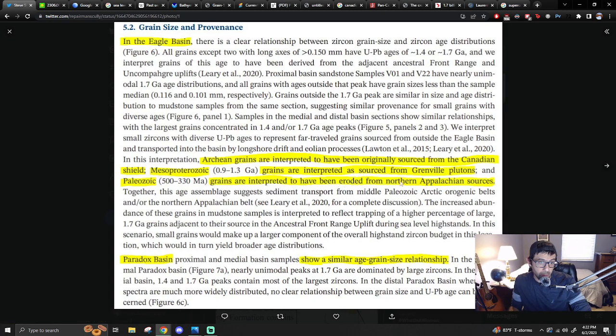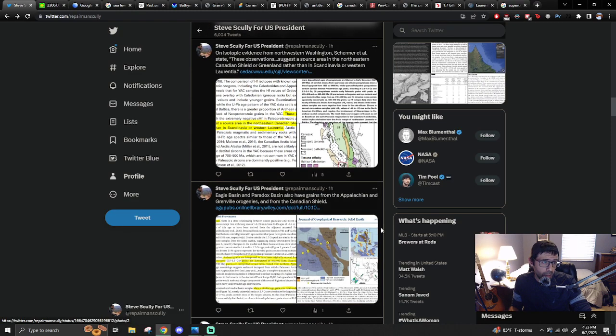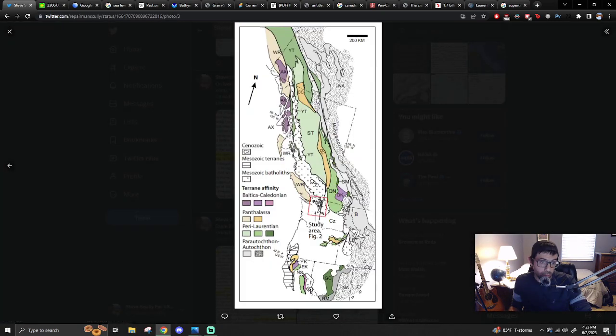Grains interpreted to be eroded from the Appalachians, interpreted as sourced from Grenville, interpreted to have originally sourced from the Canadian Shield. And then this one, Paradox Basin, shows a similar age grain size relationship. I didn't actually look to make sure Paradox Basin actually has Canadian Shield. I just took that at that point. It's like, all right. And then on isotopic evidence from northwestern Washington, from here, basically where the Missoula flood is,